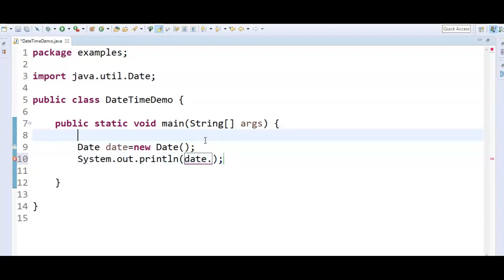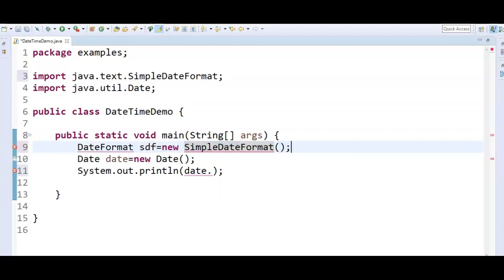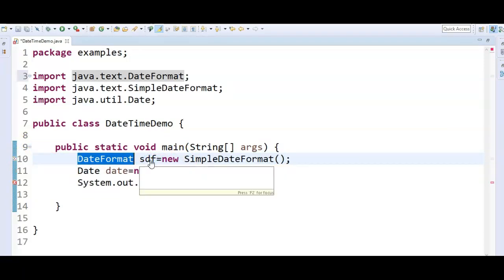So just say DateFormat sdf equal to new SimpleDateFormat, import DateFormat from java.text.